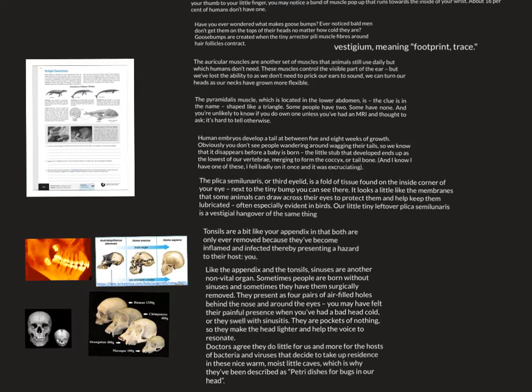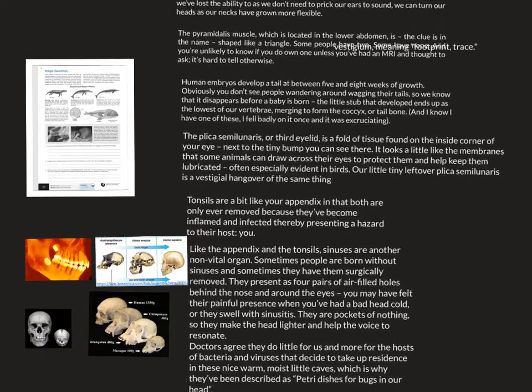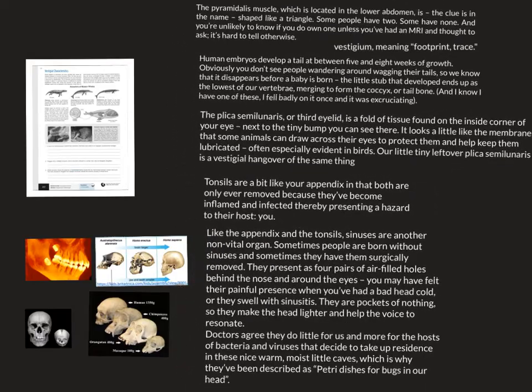So again, another muscle that's left over that you can find in other creatures. All these things you can find in other creatures that have function in other creatures because of how they walk or what they do. If they swing on trees, or if they walk on all fours, or if they have hair all over themselves. All these things, they have an obvious function in their bodies, but these muscles don't have